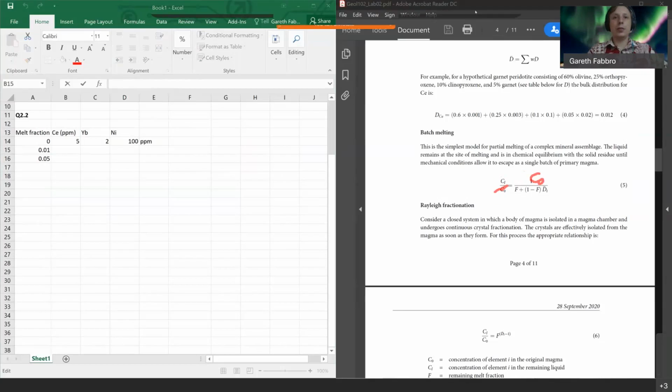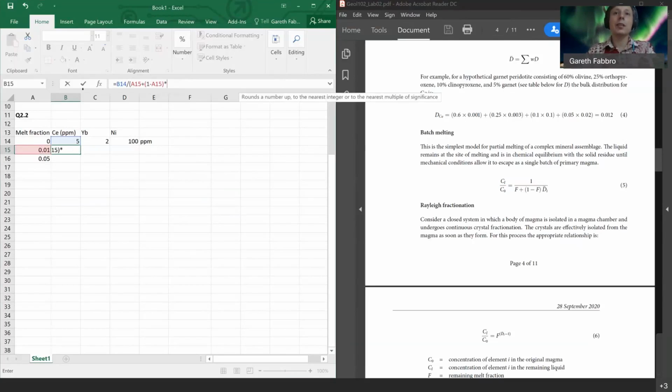So the equation would be equal to this divided by, and I'm going to put all this stuff on the bottom in brackets, so you calculate all of the bottom before you divide it. So F, the melt fraction, 1 minus F, multiplied by,